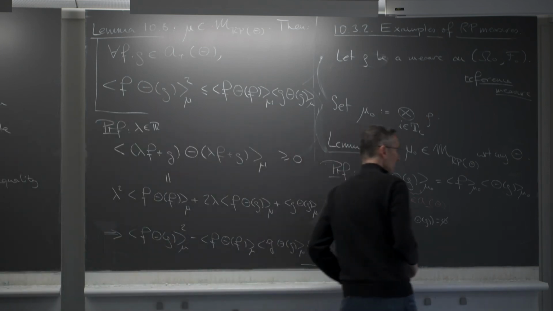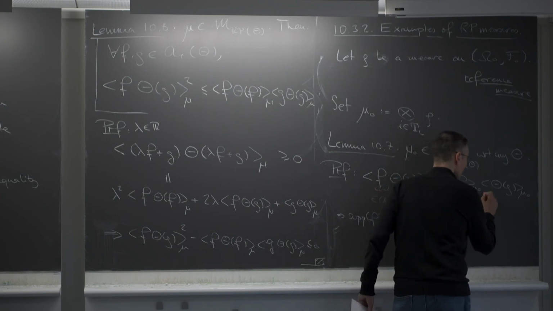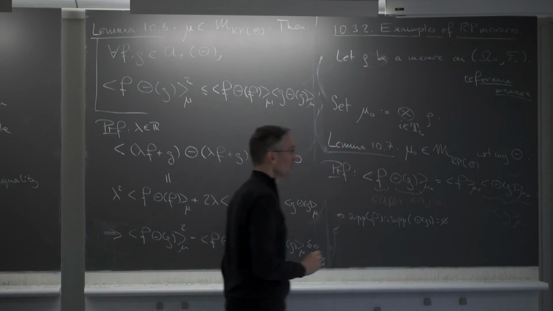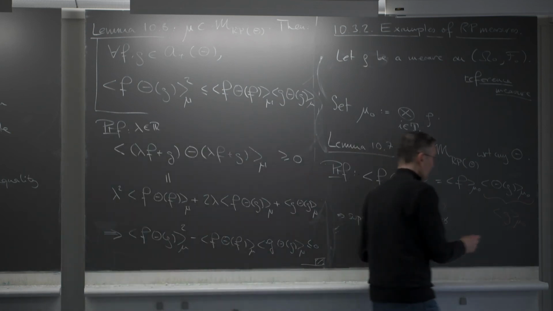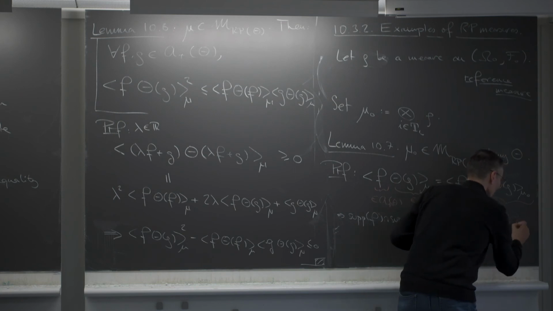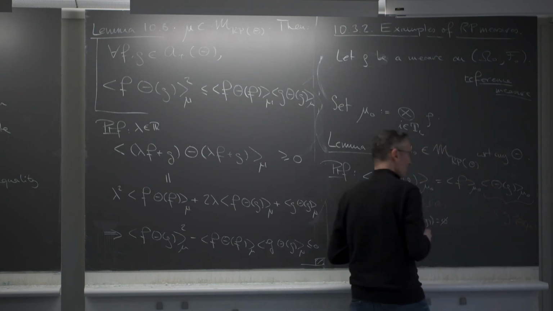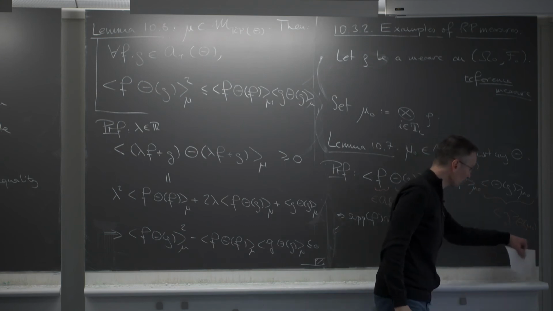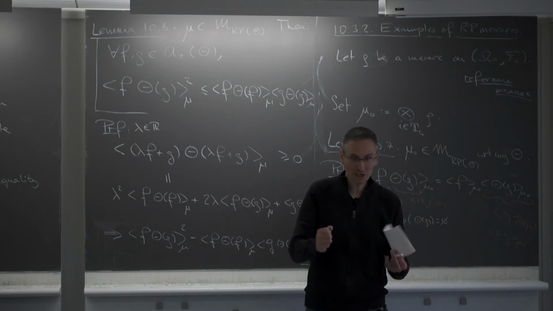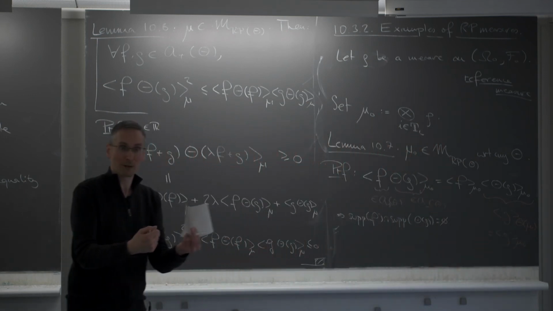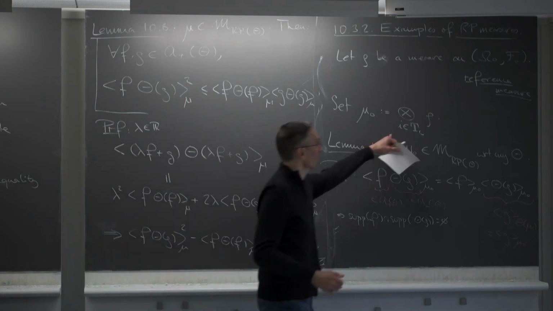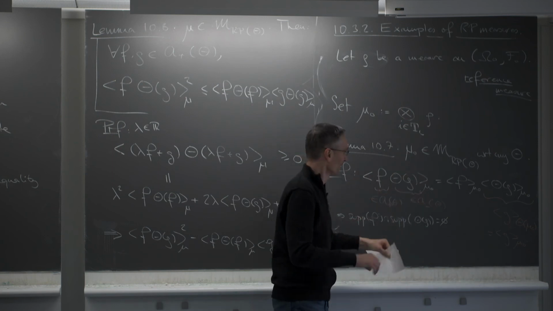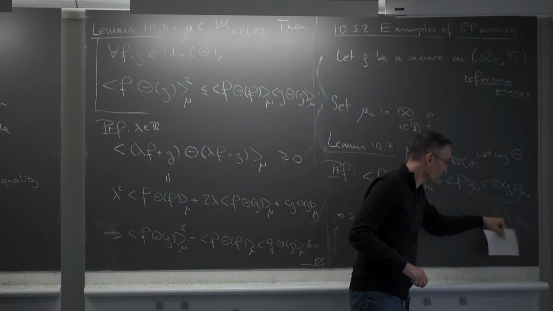But then the only observation that is left to make is that this is obviously equal to g of mu 0. Why? Okay, let me do it in two stages. This is by definition theta of mu 0, I'm just reflecting the measure, but this is equal to g of mu 0, because going from mu 0 to theta of mu 0 is just changing the labels of all my vertices. I'm renaming my vertices, but the measure is a product measure. It doesn't care how you label the vertices. There is no geometry there, it's just a product measure. So you can just relabel things, and then obviously you will get that this is equal to that.